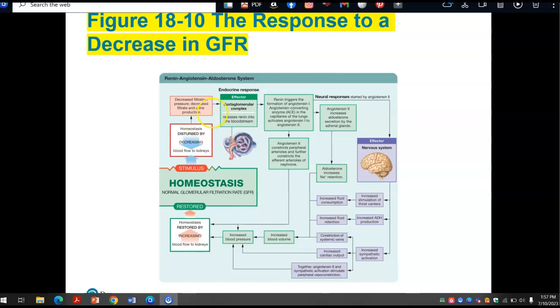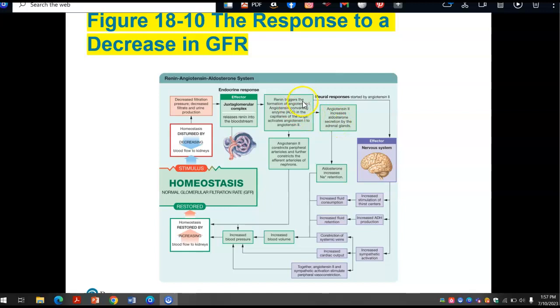And when they detect this decreased flow to the kidneys, the cells of the juxtaglomerular complex release renin into the bloodstream, and renin triggers the angiotensin II release, and then angiotensin II triggers aldosterone secretion, and